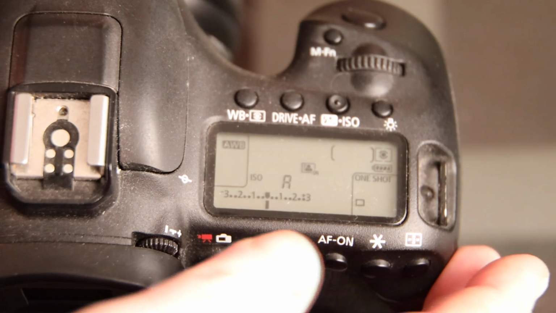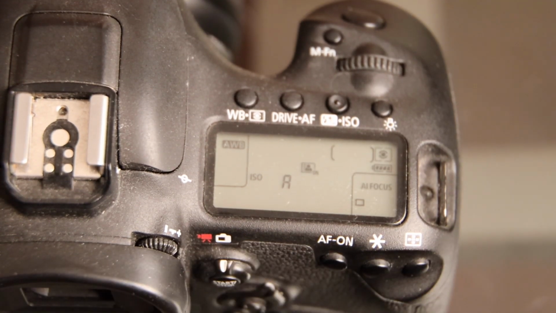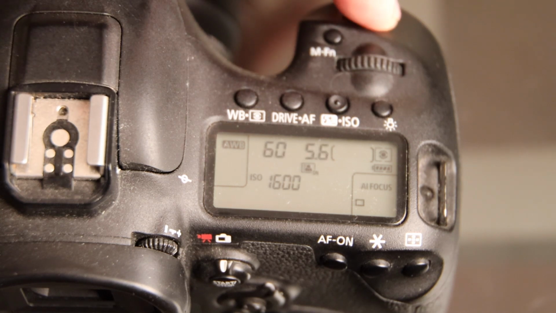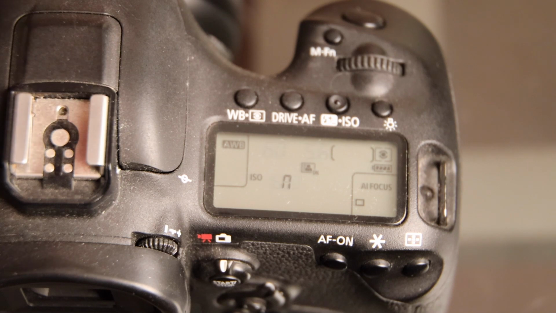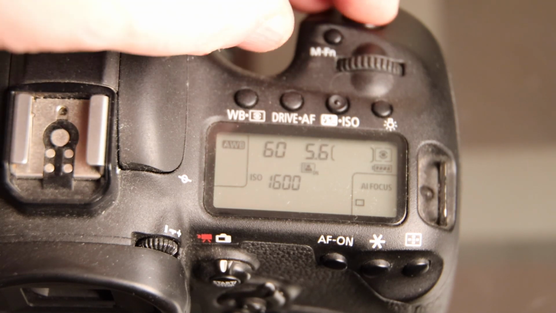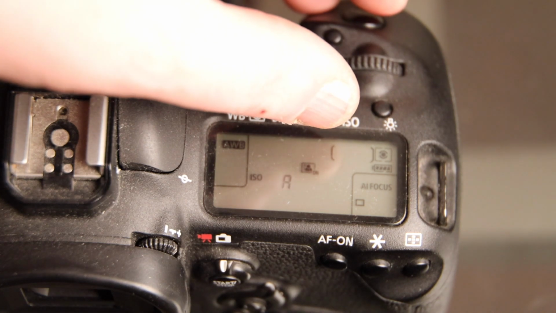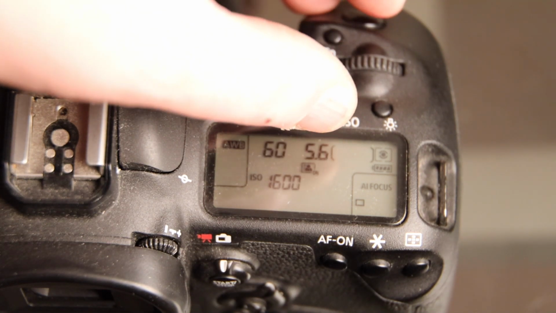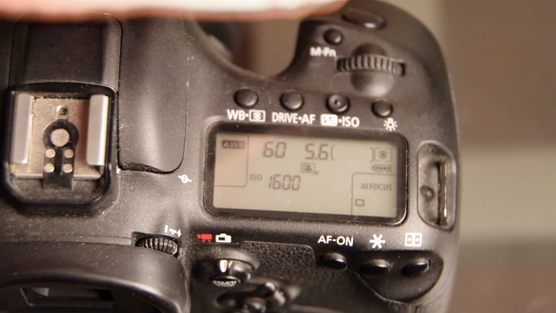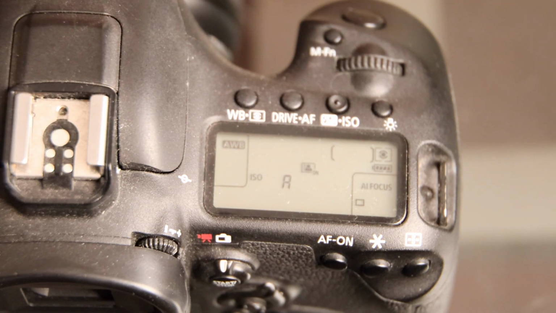So we're set up in program mode at the moment. As you can see, our ISO is already set to automatic, and here are our settings. We've got our shutter speed there, shutter speed there at 60th of a second. Our aperture set to 5.6. ISO is automatically selected at 1600 because it's on auto, and it's a simple